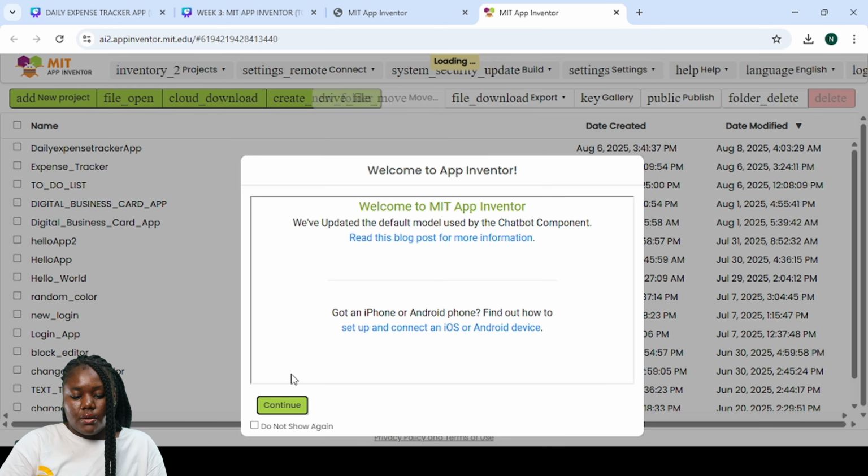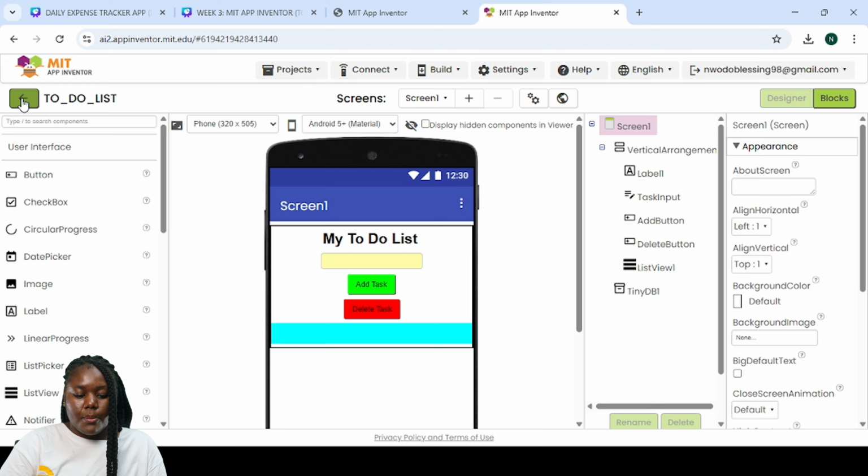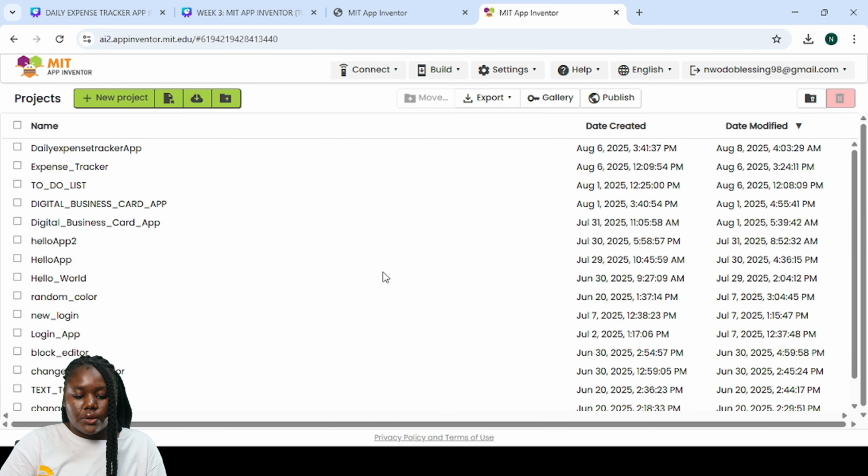All right, we have this here, the project I was working on. So I have to click on continue, but then I'll be going back. This is a to-do list. Let's create a new project. All right, so I'm going to click on new project